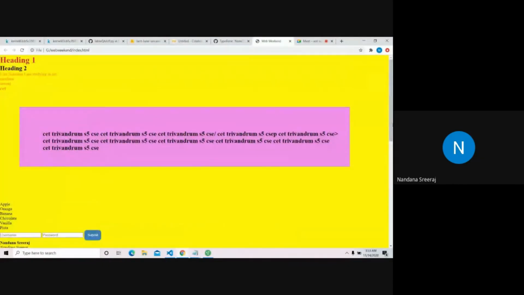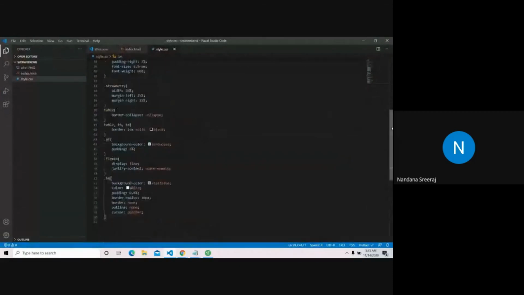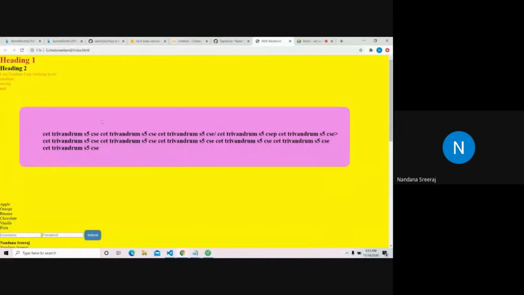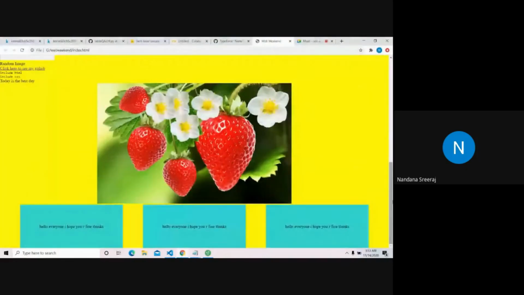You can give border radius to anything. I'll give this border radius to this pink thing also so that you can see. Where was that pink thing? Yeah, this, margin padding. I'll give border radius to that. Border radius 20 pixel. Yeah. Now it's a little bit curvy. It looks better. So this is something that you can give for anything. Yeah, you can give border radius to anything.